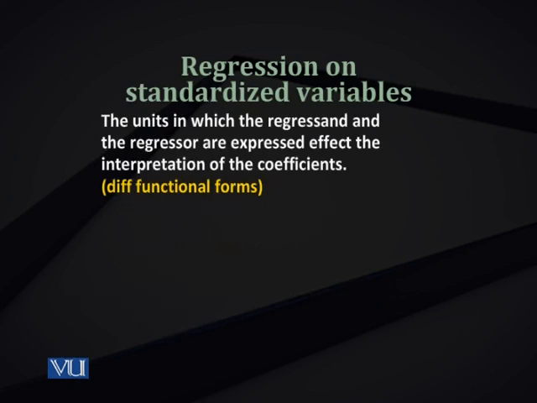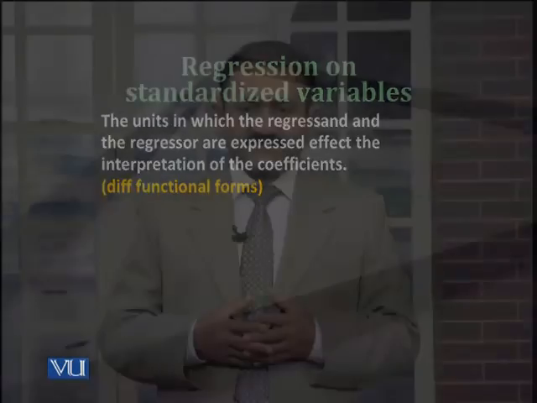First, we'll learn what are standardized coefficients. Basically, standardized coefficients are used because in normal regressions, the units in which the variables are expressed affect the way we can interpret the coefficients or the parameters. You learned different functional forms as well in which the interpretation of the coefficients or parameters changes as the model changes. In the same way, when you change the unit of measurement of the variables, or different variables are expressed in different types of units of measurement, then the regression coefficients of one type of study and second type of study are not easily comparable.